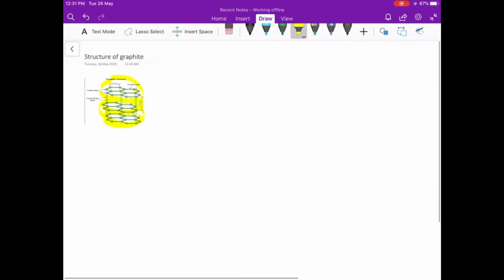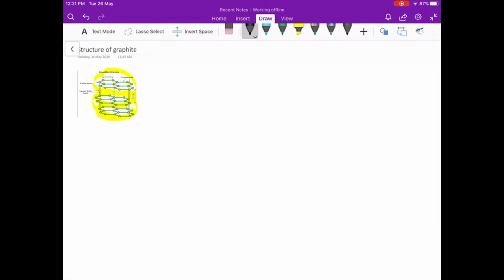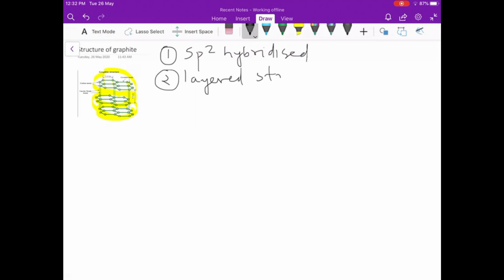Now let us see the points about graphite. The first thing you should know is that, unlike in diamond, all carbon atoms in graphite are sp2 hybridized. This is the first thing you have to know. Then it has a layered structure. I have already pointed out why it is layered: first layer, second layer, third layer. In the diagram you can see 3 layers. So it has a layered structure,